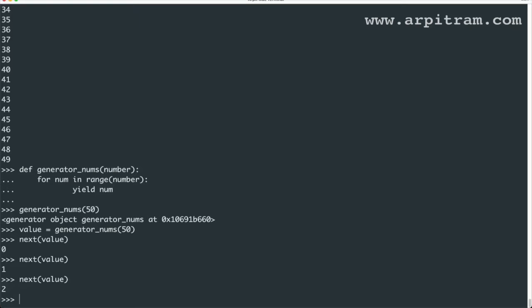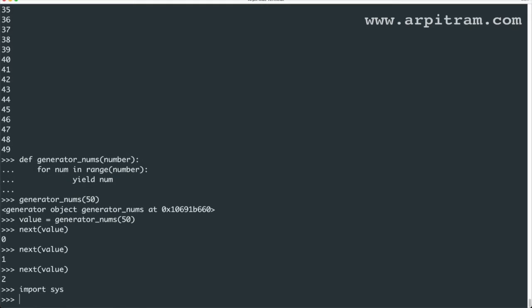So let's say I want to check how much memory it uses. So I have to use this function. Print sys dot getsizeof is a method which takes your iterables.